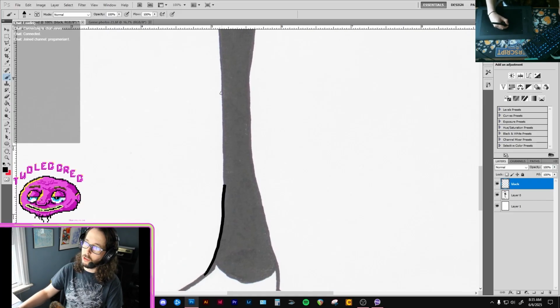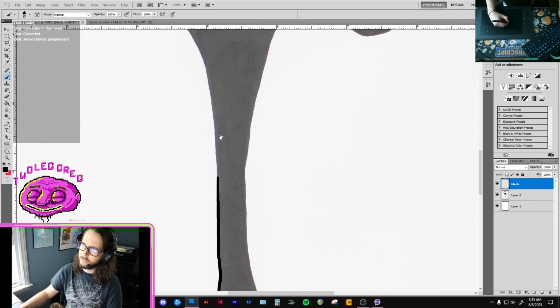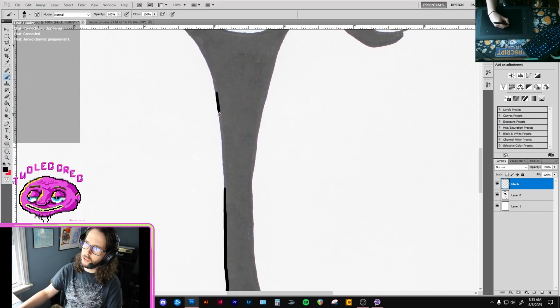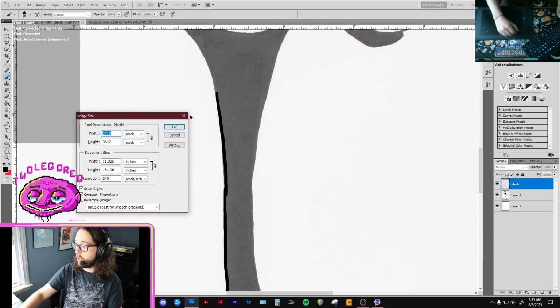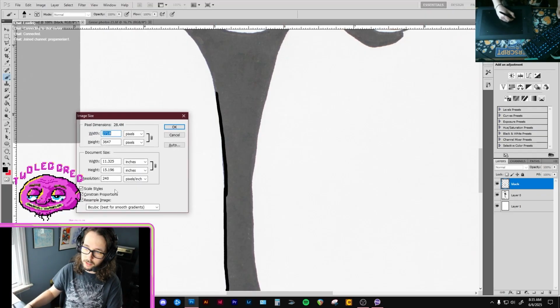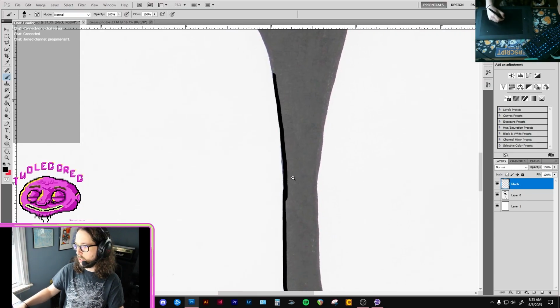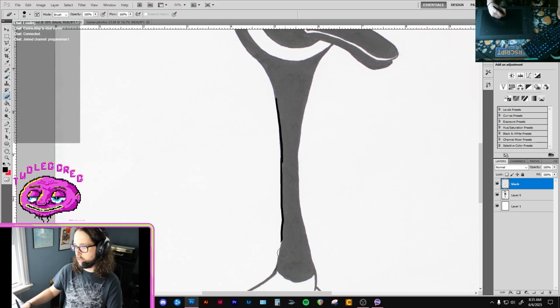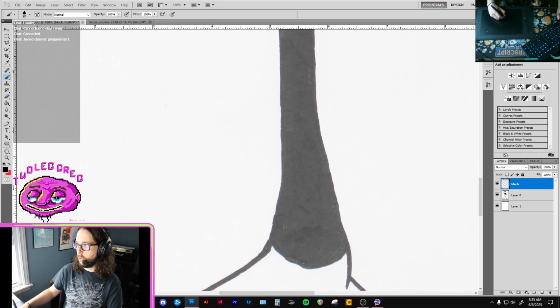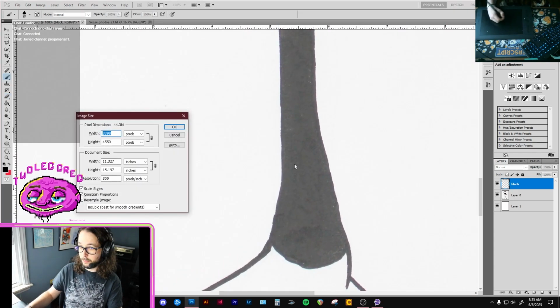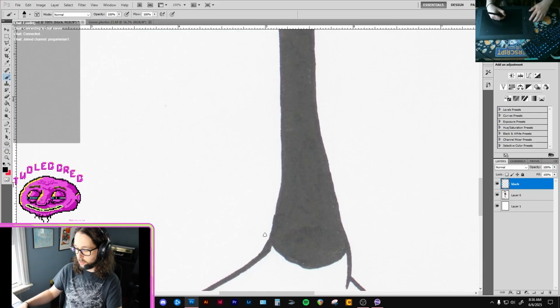Oh, I was just holding my breath while I pulled that line. Ooh, that's a good one. This is what I get excited about. Oh, I forgot to check the resolution on this because it's probably 240. Yeah, so like I said, I fixed that. Since I'm just drawing over this, I can adjust that on the fly, just in case, so this doesn't end up looking goofy. 240 to 300 is not a big deal, but just for the sake of consistency.